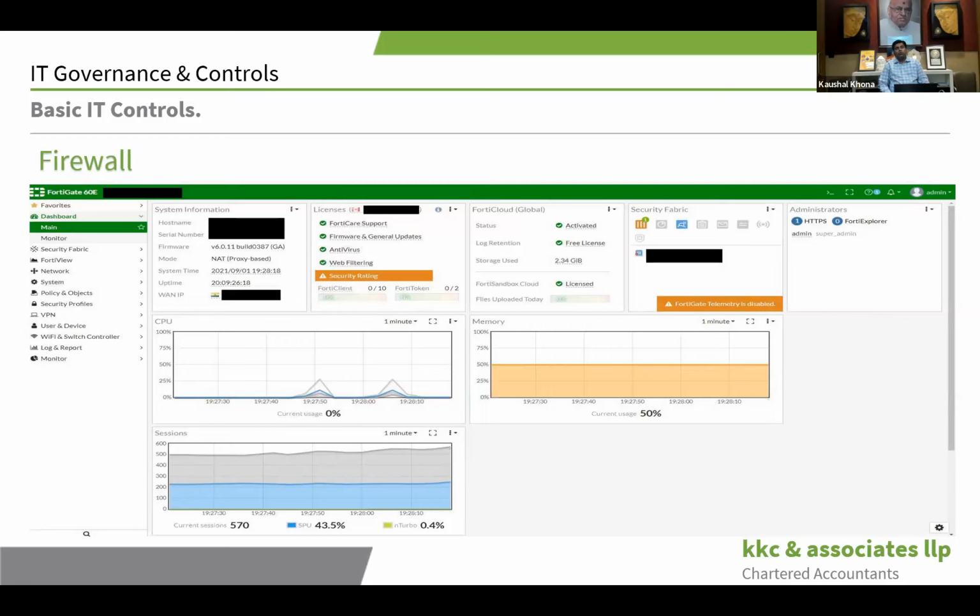You can generate reports from the firewall, which will help you know what kinds of attacks are happening to your system by outsiders, because now everything is connected. Even if you are not giving VPN access to your staff or employees remotely to your in-house server, still because your server is connected to the internet, everything is exposed. So your firewall would act like a soldier standing at the front, protecting you from all attackers. Having a good firewall is a very, very good investment. I would highly recommend that.